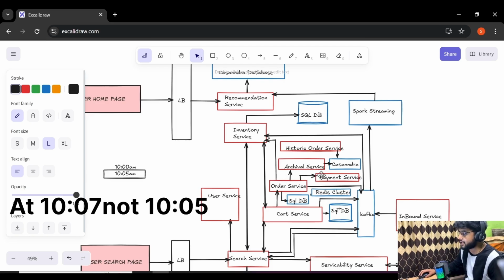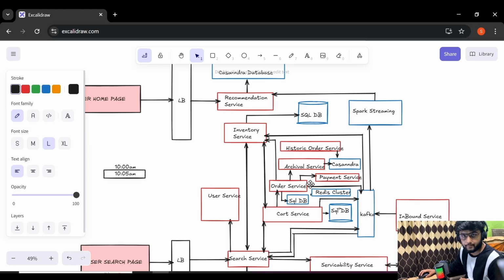Now at 10:05 this payment service will send a callback event to the order service that payment has been successful. So in this case this order service can do two things.